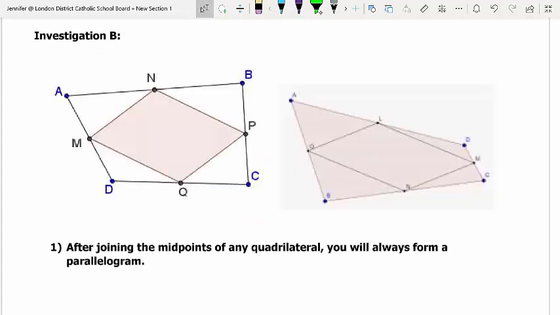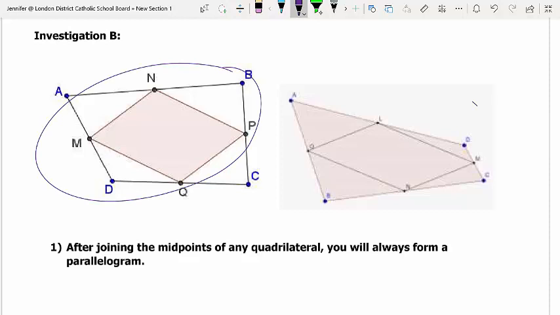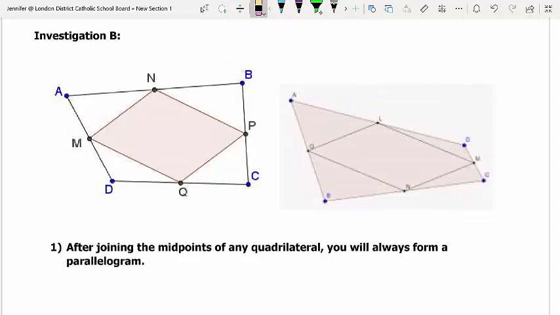Okay? In the second investigation, it was all about quadrilaterals, and what you should have realized is that no matter what quadrilateral you have, so a four-sided shape, right? This one looks very different than this one. No matter what four-sided shape it is, if you plot all of their midpoints, so remember midpoints are the halfway point on each side,